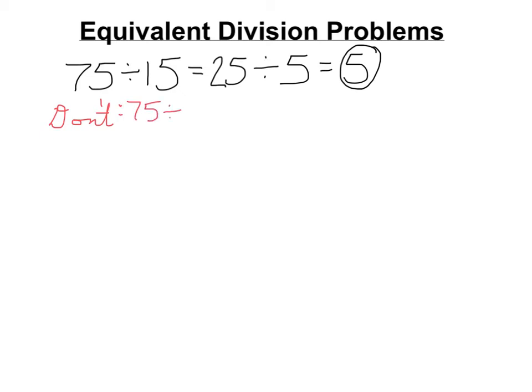So if I had reduced this down to 25 divided by 5, and then I could have divided both of these by 5 again to get 5 divided by 1. Now this is another equivalent division problem, but over here, if I'm going to take this and divide by 5, why not just do the problem and be done? So yeah, 5 divided by 1